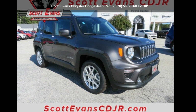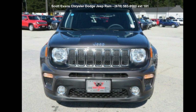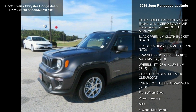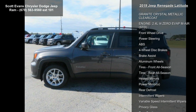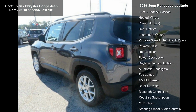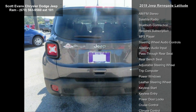Step into the Jeep 2019 Renegade Latitude. If you are looking for a first-rate auto, this one could be yours today. Some of the top features included with this vehicle are quick order package 2XB included, engine 2.4 L I4 MultiAir, transmission 9-speed 948TE automatic, black premium cloth bucket seats, tires,